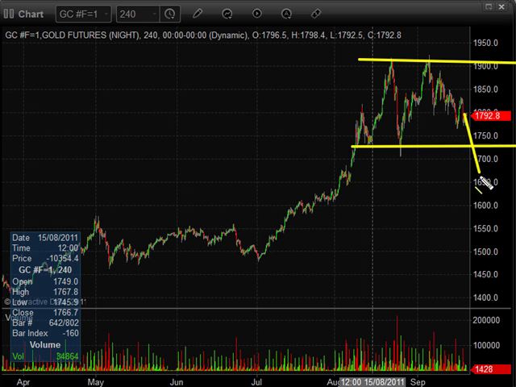or if it's going to actually break down and pick up momentum and come down to fill this gap and have this little support zone before it shakes everybody out and runs the stops and then starts to work its way higher. So right now I'm neutral on gold and silver.